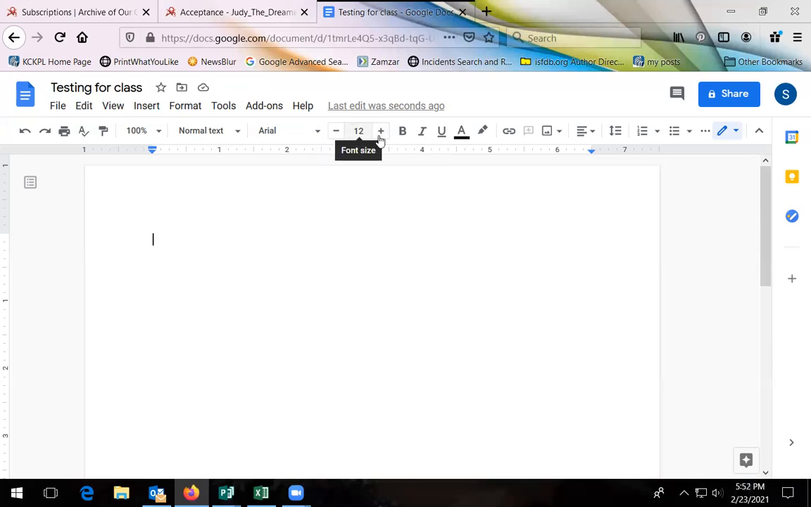Size 12 would correspond, 11 or 12 would correspond to a normal print in a book. And think about it that way. These are bold, italic, and underline. So if I type something, it works just like Microsoft Word, if you type something,